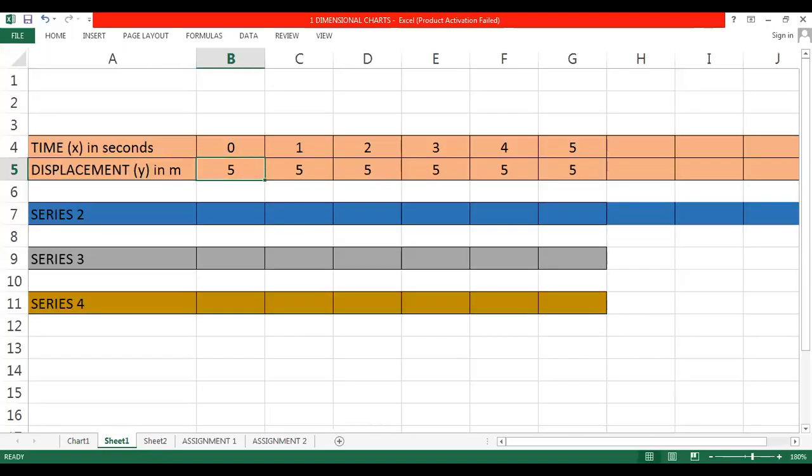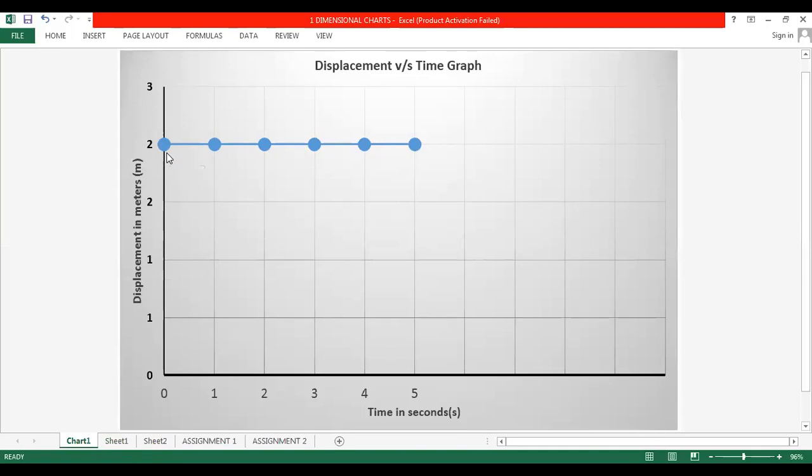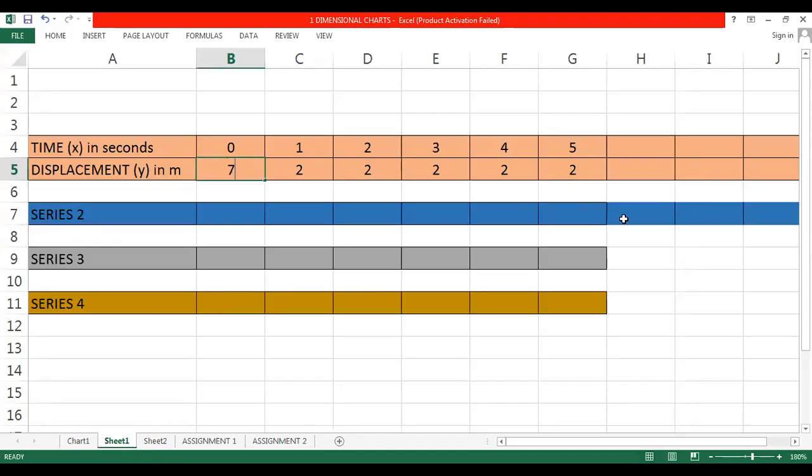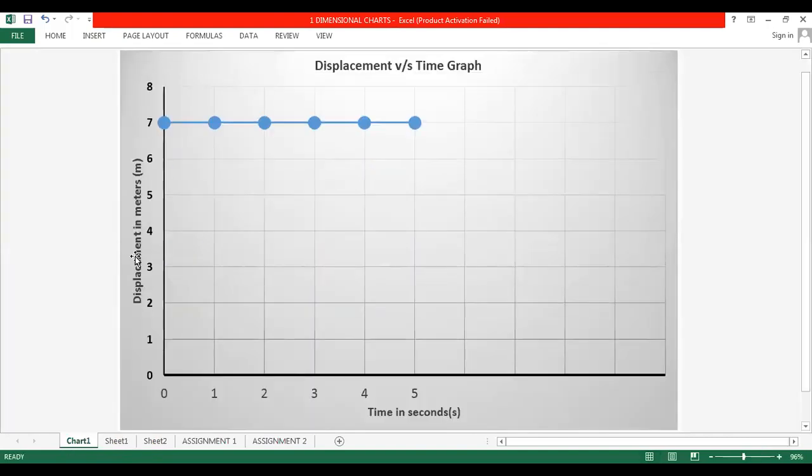So here, instead of writing 5, if I write 2, you will find that the graph I am going to get is like this. I am getting a straight line which is parallel to the x-axis, but it is on 2. Okay, if I say it is at 7, so I will write 7 here. And by observing that, you can easily conclude where the object is at rest. So the object is at rest at a distance of 7 meters from the initial position by observing the y-axis. Okay, how long? By x-axis. At what distance from the initial position?